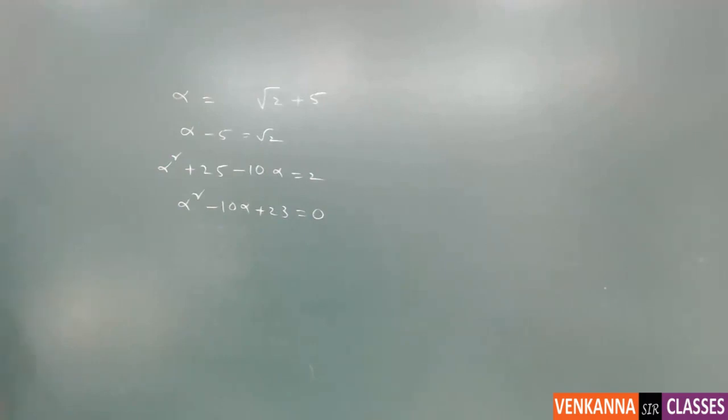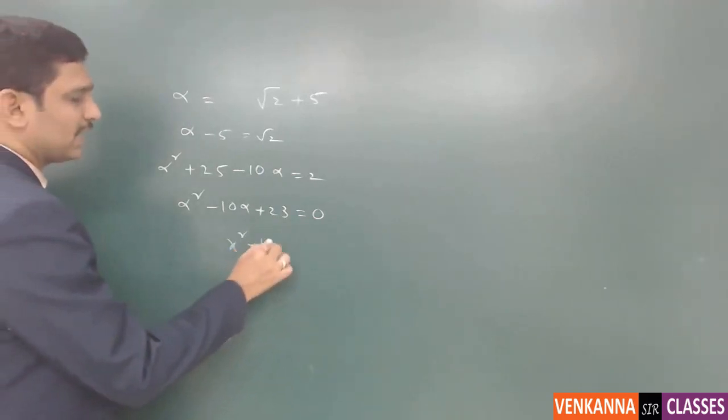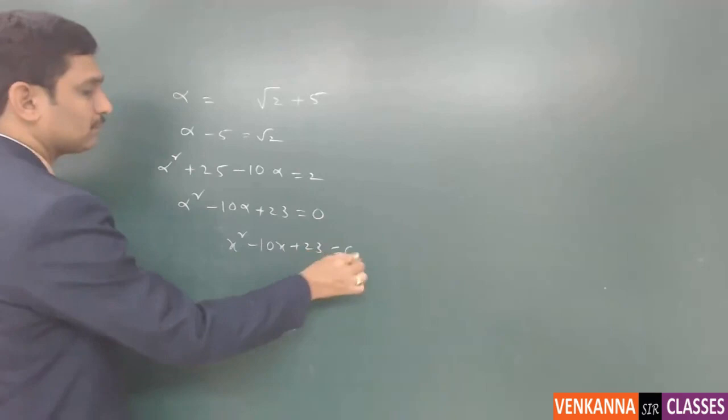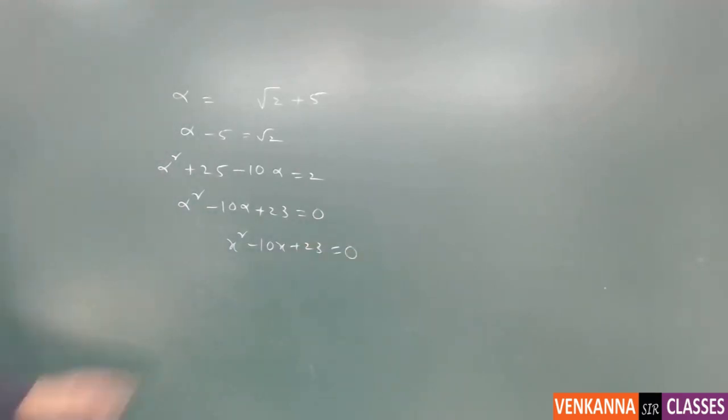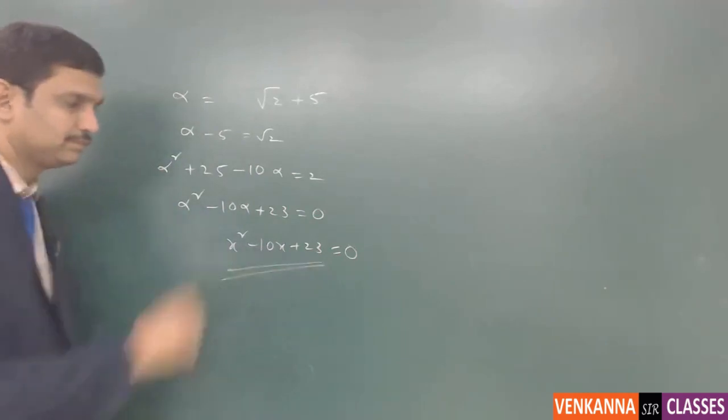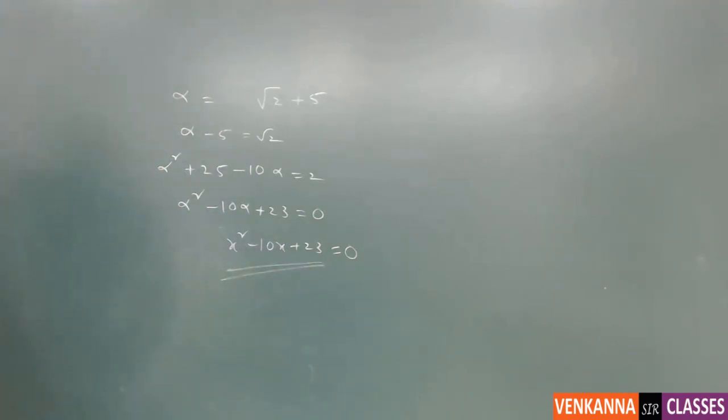So this is the monic irreducible polynomial, because alpha is satisfying the polynomial x square minus 10x plus 23 equal to 0. This is the monic irreducible polynomial. And here a question comes, how do we say that it is irreducible? Isn't it? So apart from Eisenstein criterion,